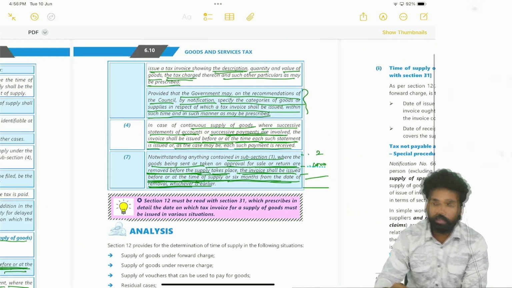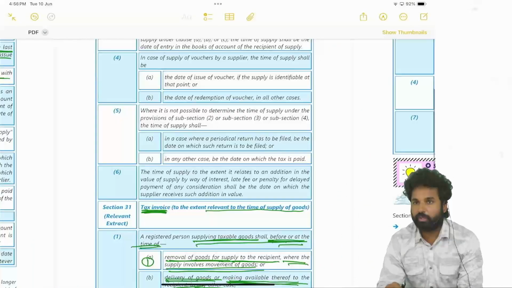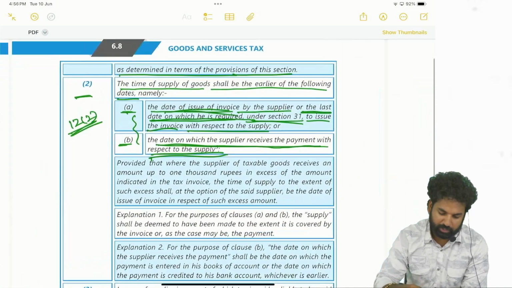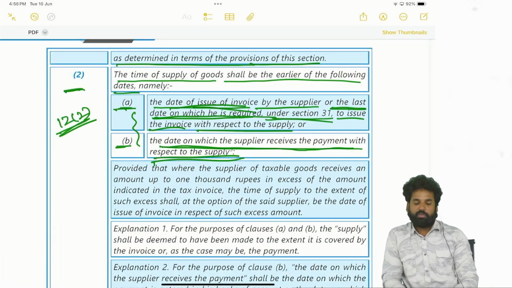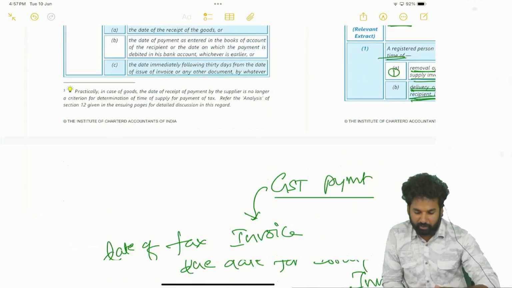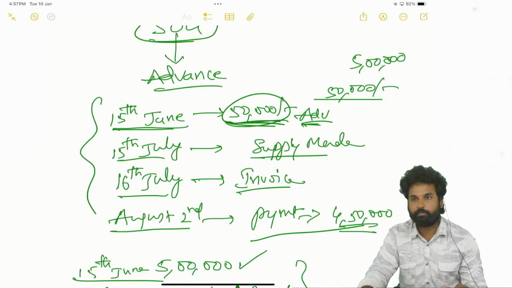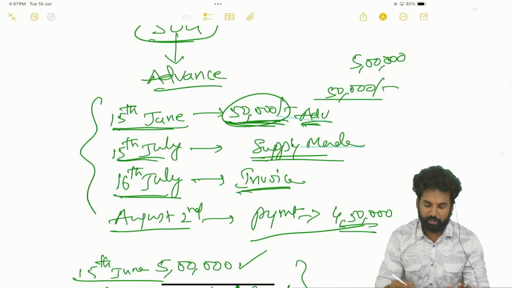So this is what is the due date of invoice. So you know the due date of invoice, then you can apply the last date of invoice here. So we have studied section 12 subsection 2 clause A, where the time of supply of the goods in case of forward charge mechanism is the date of invoice or last date of invoice, whichever is earlier. See here we have taken the example of this one. 15th June advance has been received 50,000, 15th July supply made, 16th July invoice issued, August 2nd payment